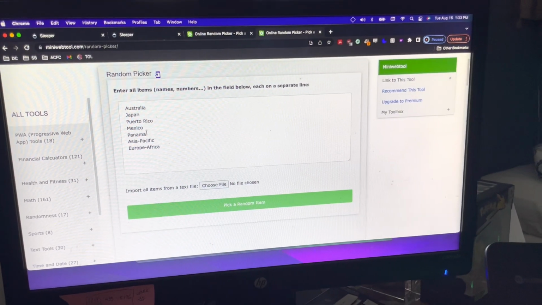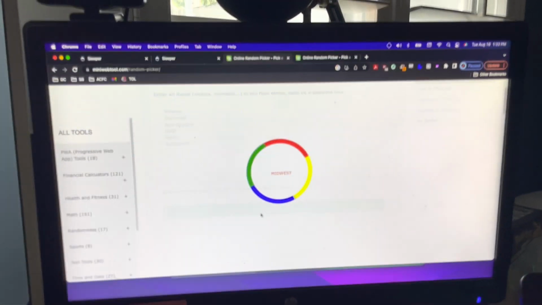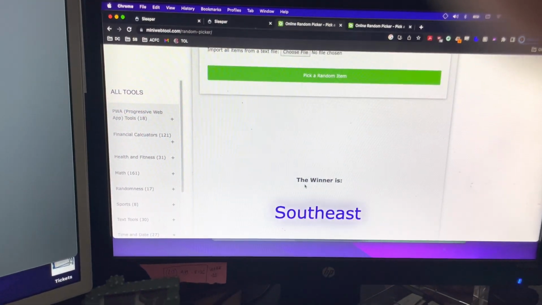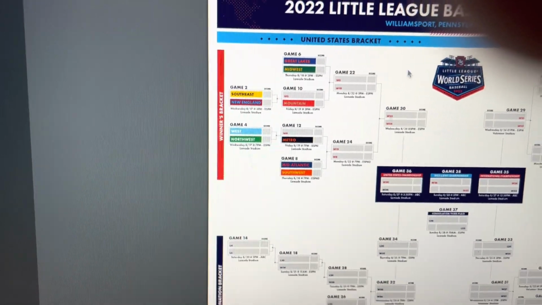Now moving on to Dylan. Dylan got Southeast, which is a first 8, so Dylan is not eligible for a first 8.